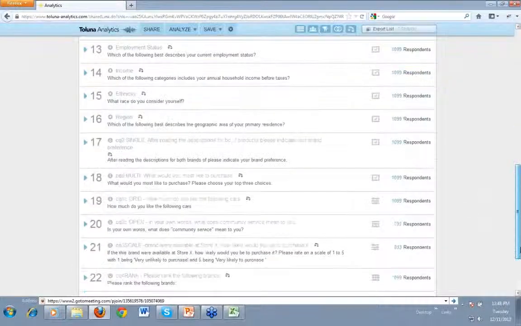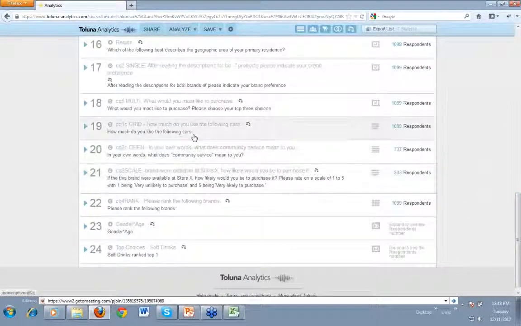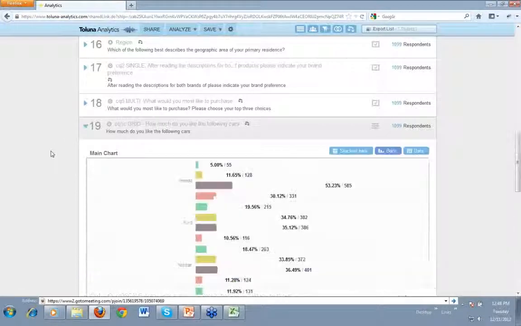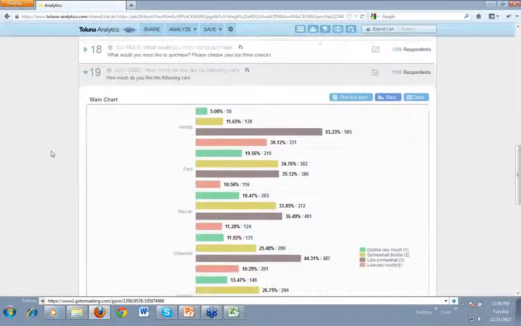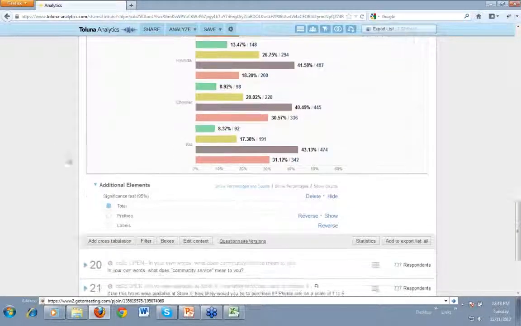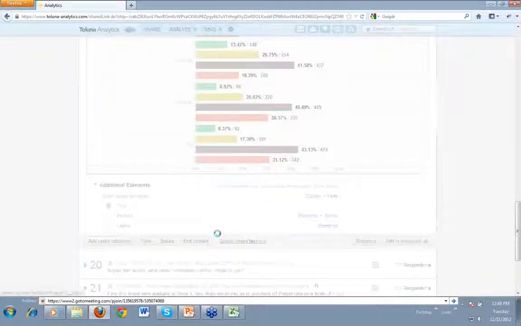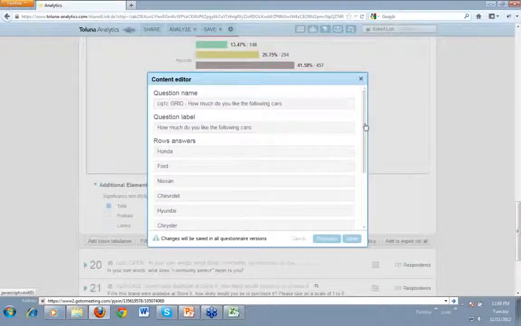And then lastly, actually, before I forget, I wanted to just quickly show some of the options we have here. My grid question here, I wanted to quickly show the ability to do edit content. So if I want to go in and change my answer options or my text for my survey, I can do that. So let's say I want to change